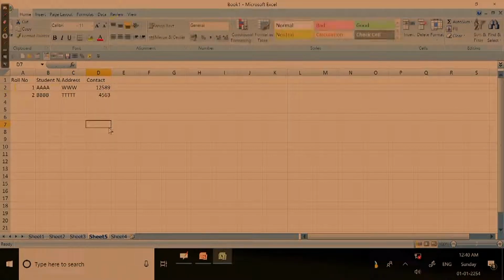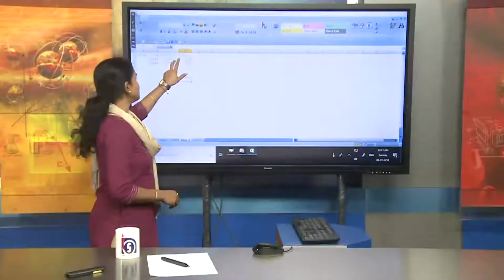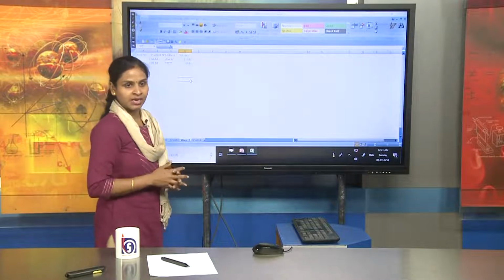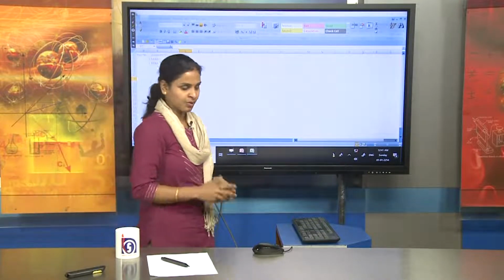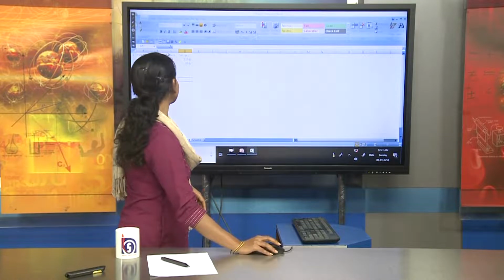So for example, I have taken 2 student records. So let's discuss, if suppose I want to insert a row in between this 1 and 2. What I mean to say is, if suppose I want to add a row before 2, and if I want to add a column in between column C and column D, how to do so? So first of all, select this and right click,